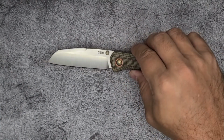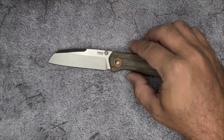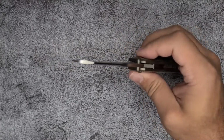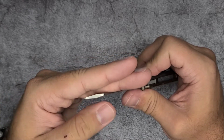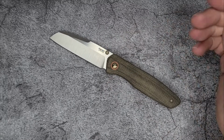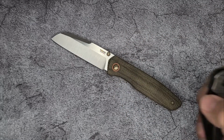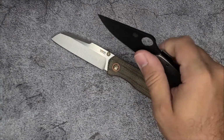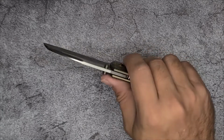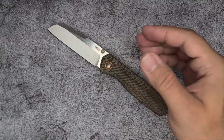The full flat grind versus the saber grind that you've got on this makes those a lot slicier than this. But at the same time, this feels, look at this tip. You carry a lot of material out here, so you can do some serious work with this knife without worrying too much about it. I would certainly be much worried about doing some serious work with my Para 2 or my Para 3. I would certainly trust a lot more this knife, and I do enjoy